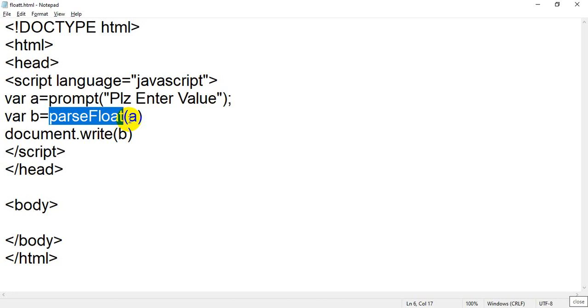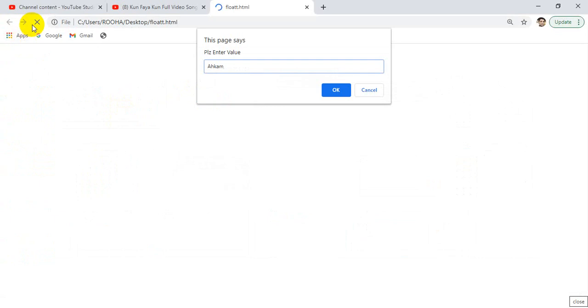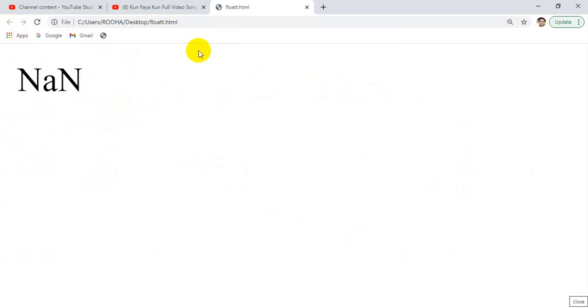If the first character is not a number, it will not move to the second character and will generate NaN, not a number. Save it. When you click on OK, it will read only the first character of A.